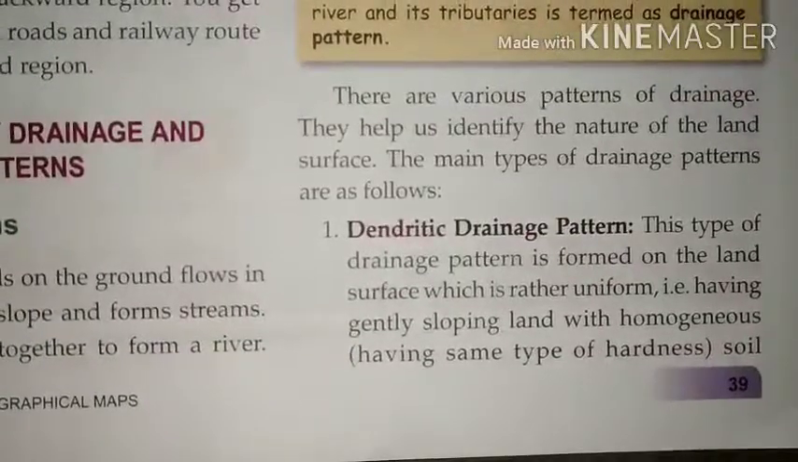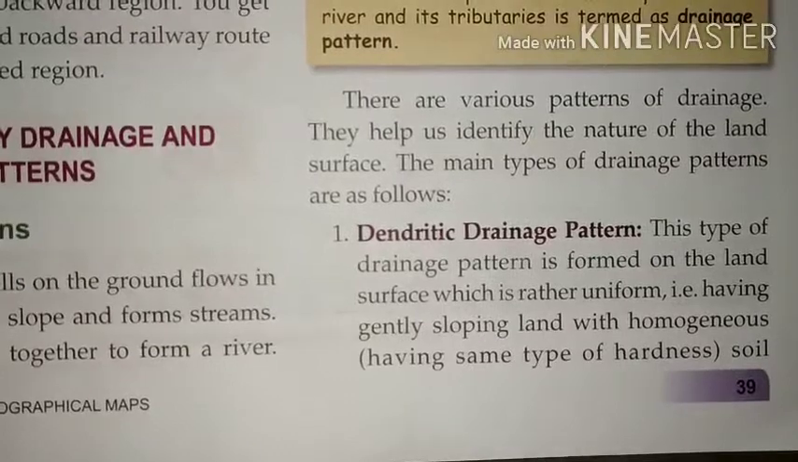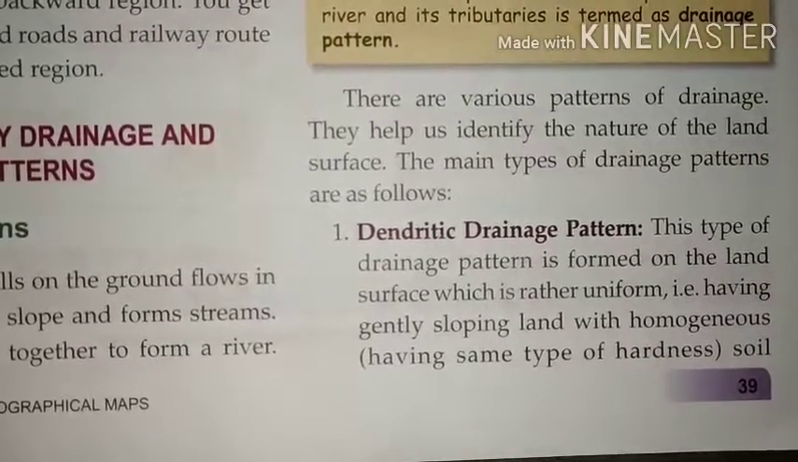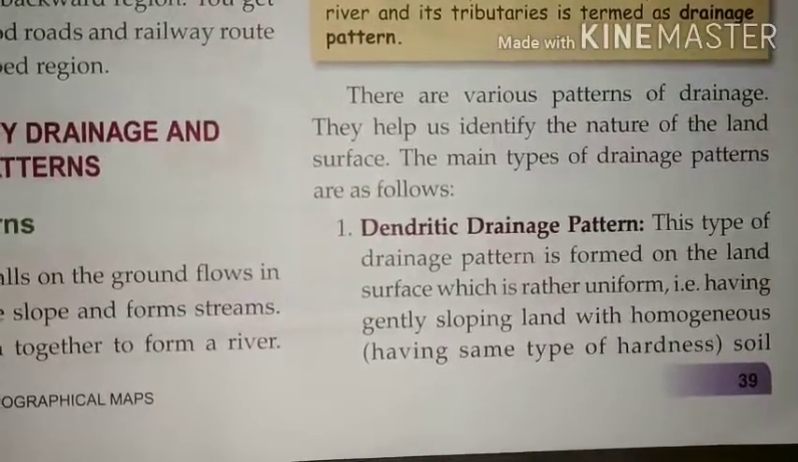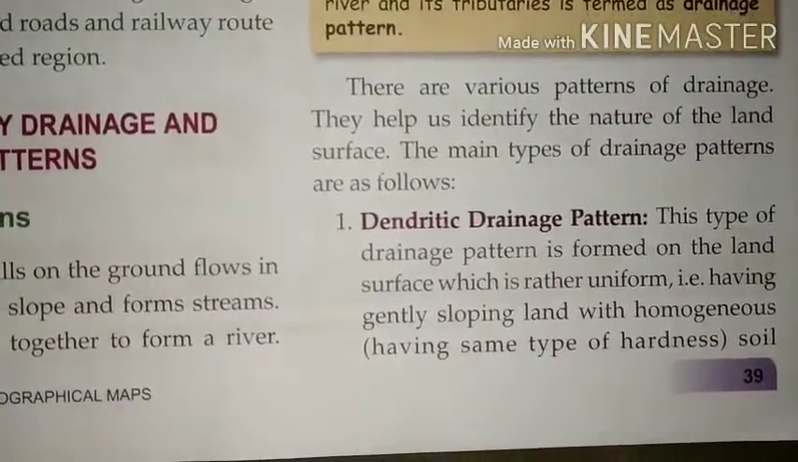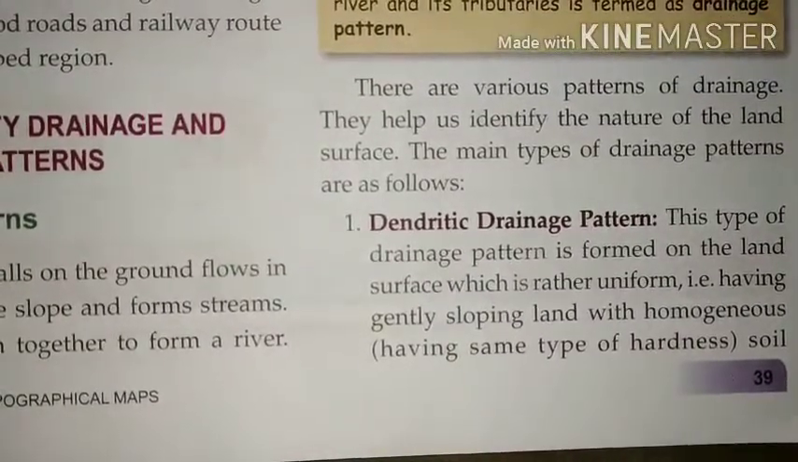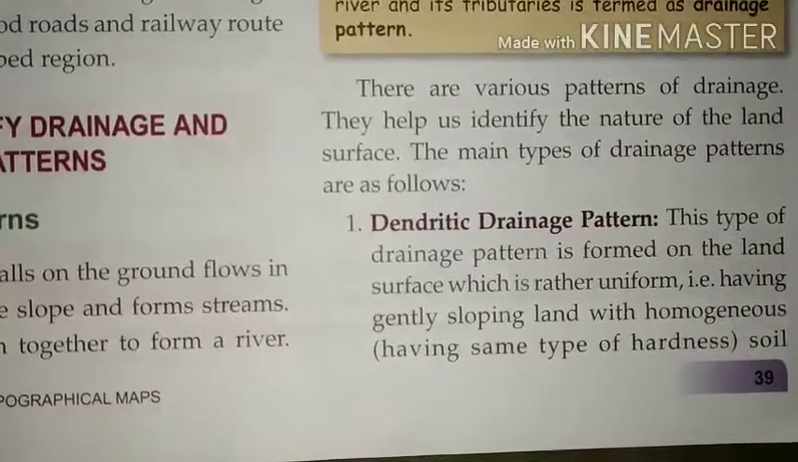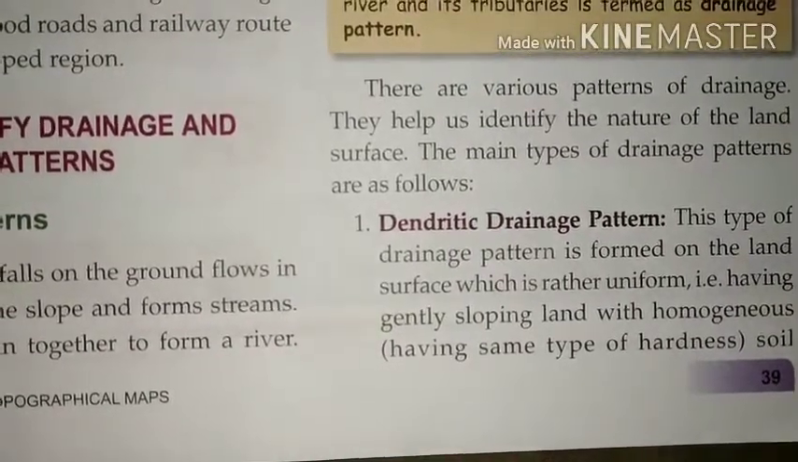There are various patterns of drainage. They help us identify the nature of the land surface. The main types of drainage patterns are given below. Let us talk about them. The first one is called the dendritic drainage pattern. This type of drainage pattern is formed on a land surface which is rather uniform. So where is the dendritic drainage pattern generally found? In the areas which are having a uniform slope,